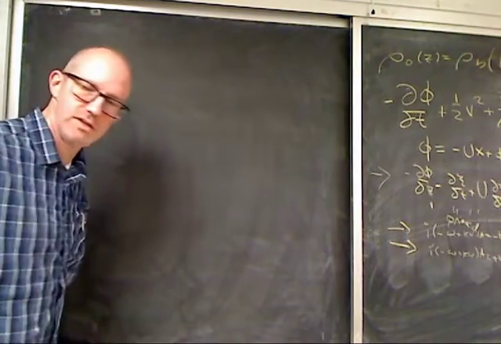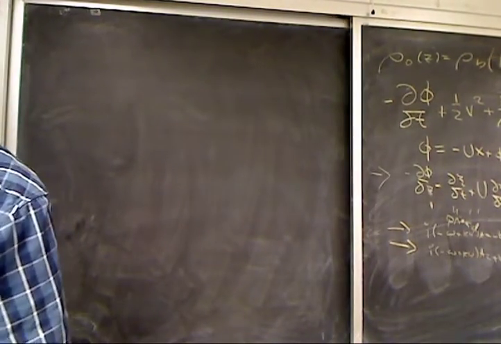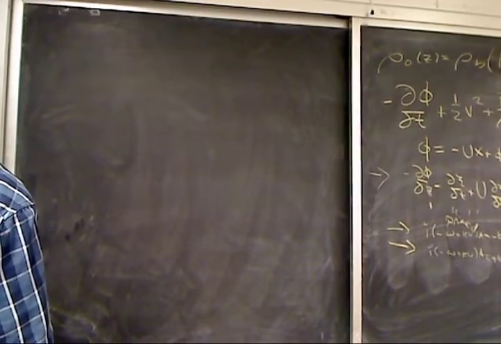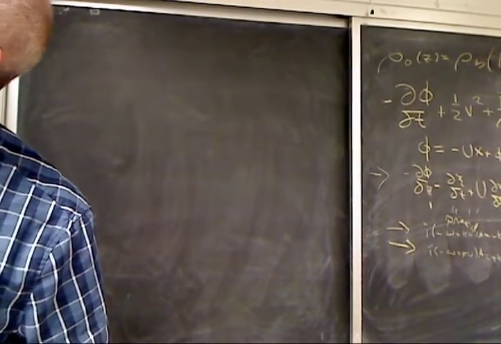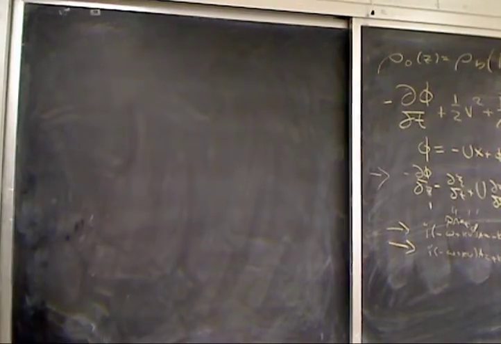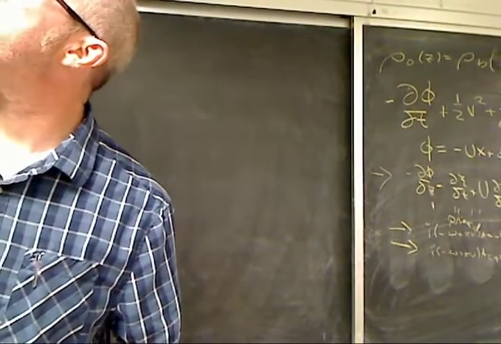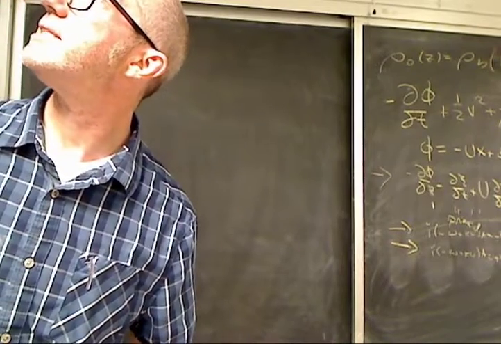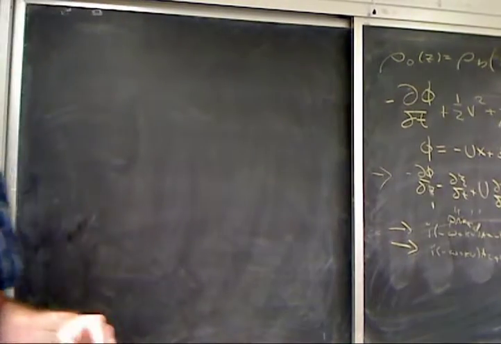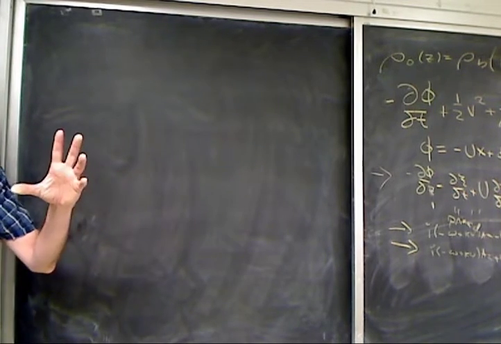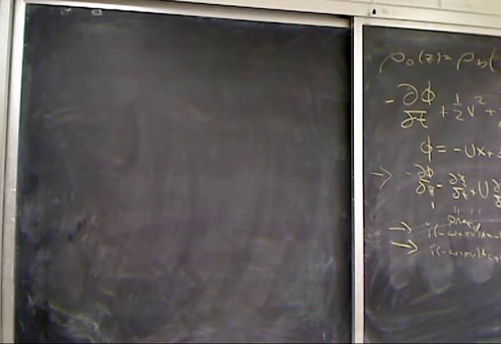Let's do, while we're on the topic of Jeans masses, let's do number 3. How did everybody feel about number 3? Pretty straightforward. Okay, so what's the Jeans mass for a cloud of molecular hydrogen gas at 10 Kelvin and 1,000 particles per cubic centimeter? This is about what a cloud of,